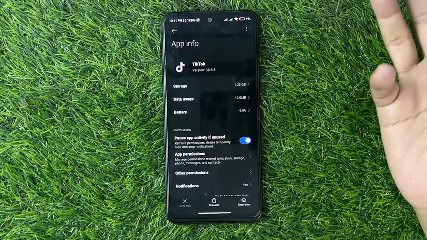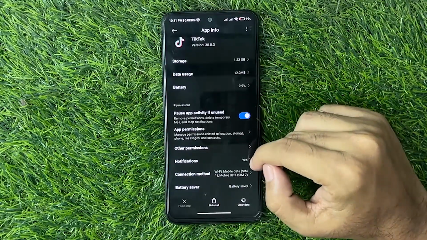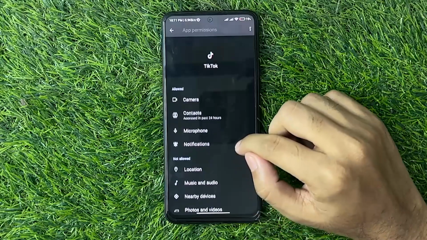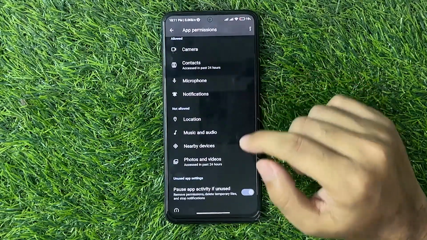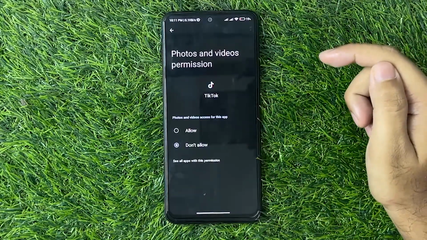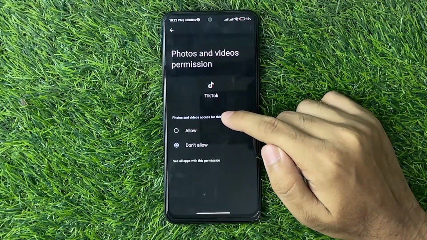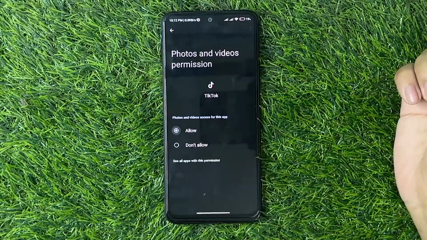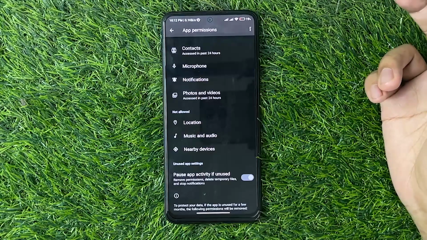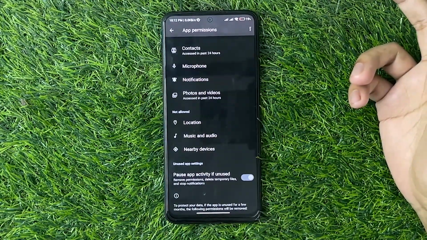Either way, you need to go and find the TikTok application like that, and then from here you need to select the app permissions and simply scroll it down, and you need to find the photos and videos option. So select that one, and as you can see, photos and videos access for this application, you need to allow this one. So when you allow this one, you will definitely get to know now how we can allow TikTok to access our